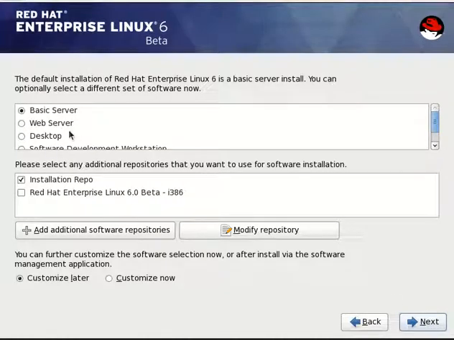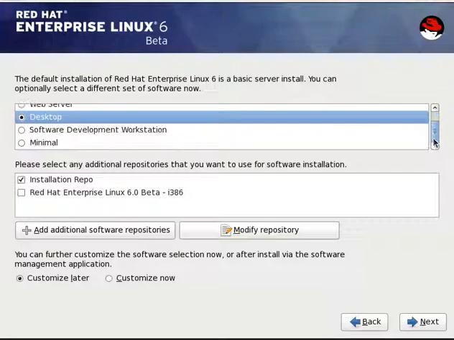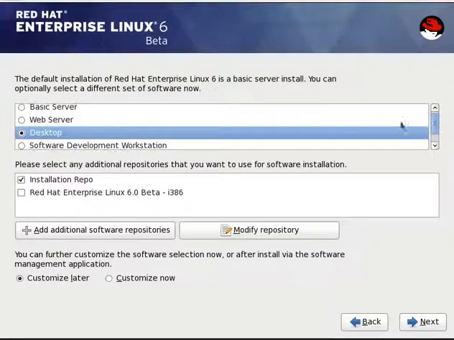If you see, this is the beauty of open source. You can install whatever applications you want. You get exactly what you require in the OS. I'll go with the desktop option, or sometimes, depending on your requirement, like if it is a web server, you want to configure it so that it will install Apache and other applications like that.